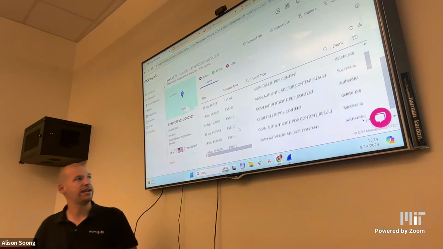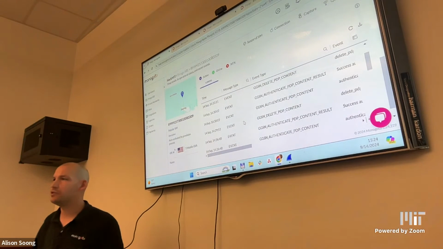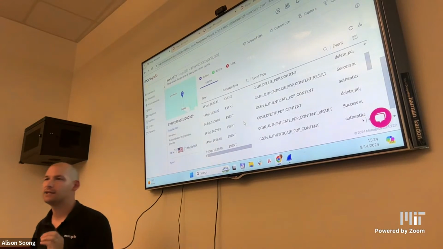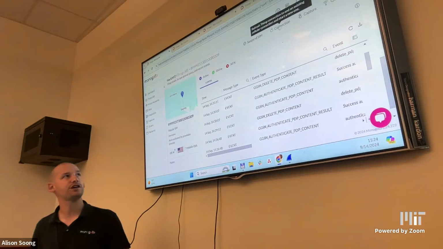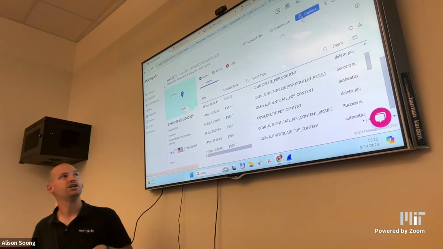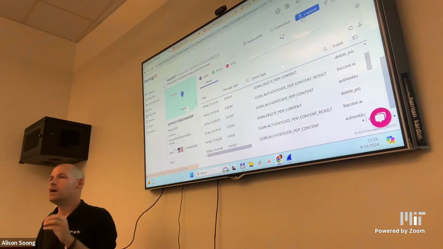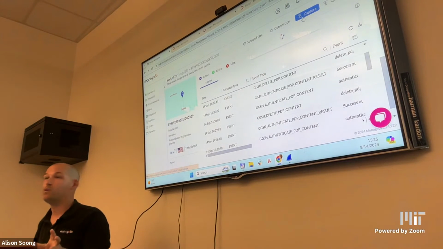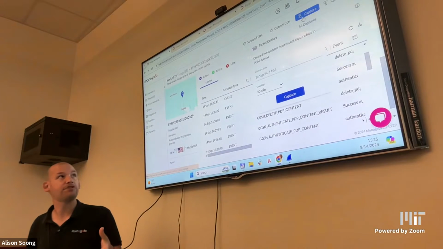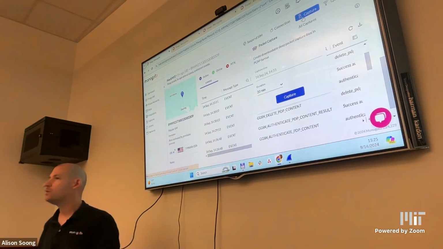So this device is connected. There are a few things we can do. The most important one for debugging purposes is packet capture. Packet capture starts here. After you enable it, you say, I want to run a packet capture on a specific device. Now, some of you are familiar with Wireshark. You're familiar with packet capture? Yeah, cool.